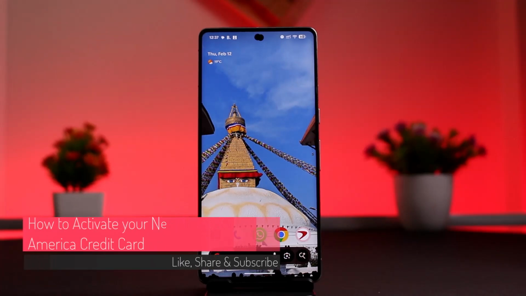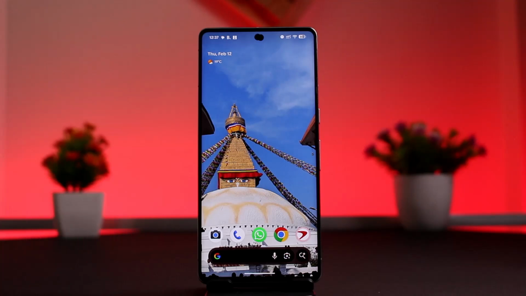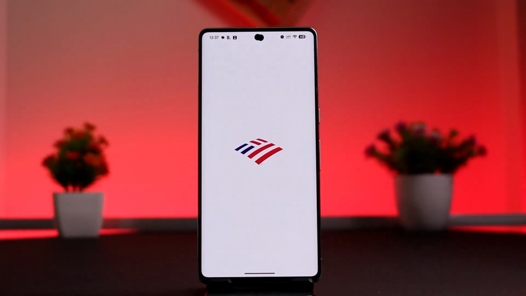In this video, I'm going to show you the procedure on how you can activate your new Bank of America credit card. In order to activate your new Bank of America credit card instantly through a mobile app, what you could do is open the Bank of America app on your device and log into your account,